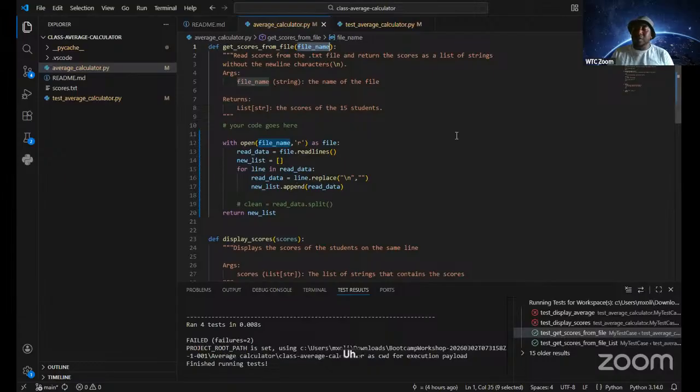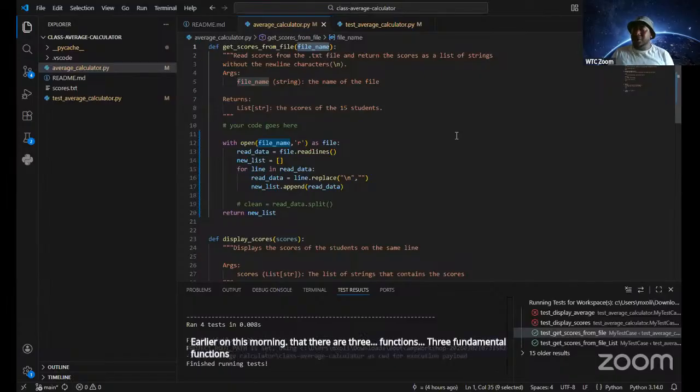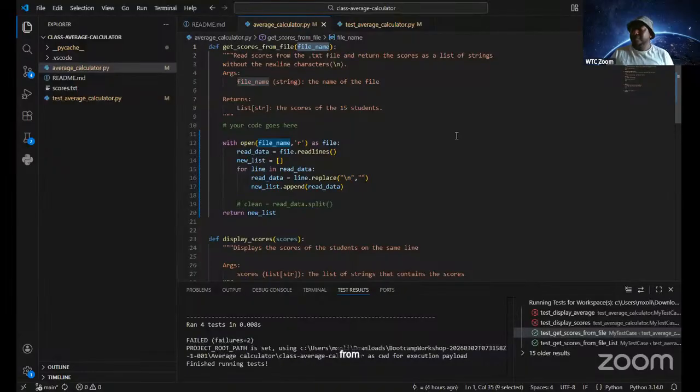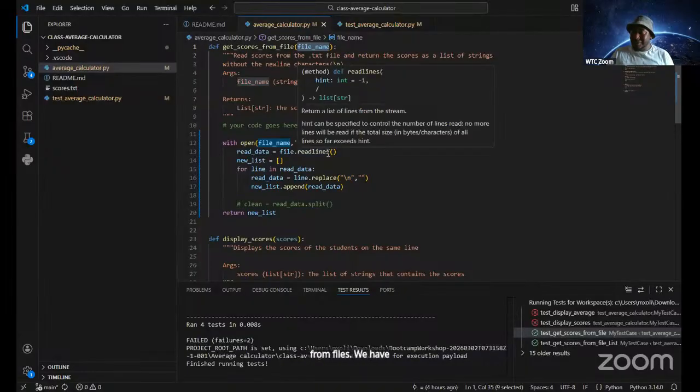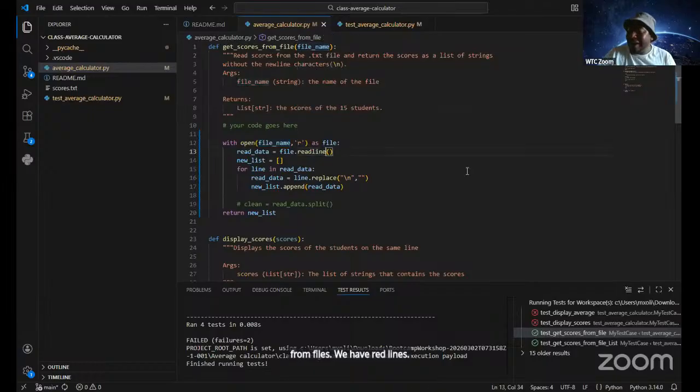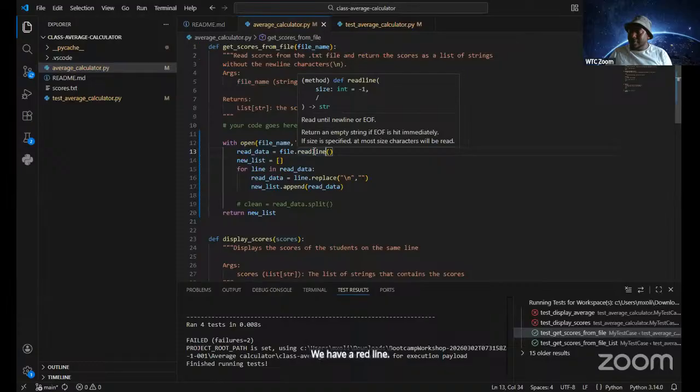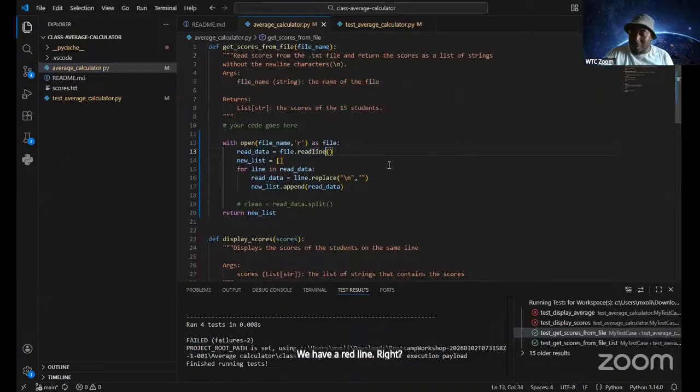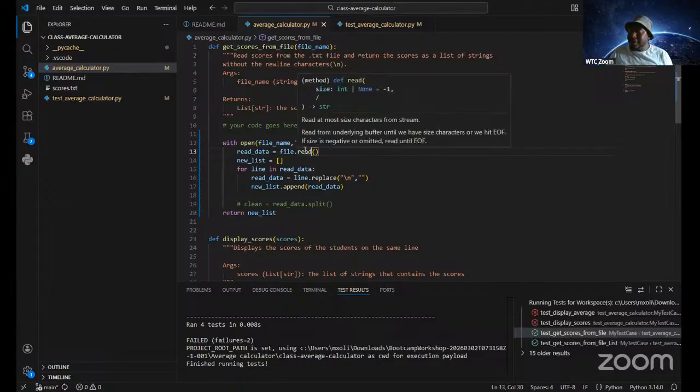Cool. So remember when I showed you the slides earlier this morning, that there are three fundamental functions when it comes to reading from files. We have read lines, we have read line, and then we also have read. So read, as you can see there, returns a string.